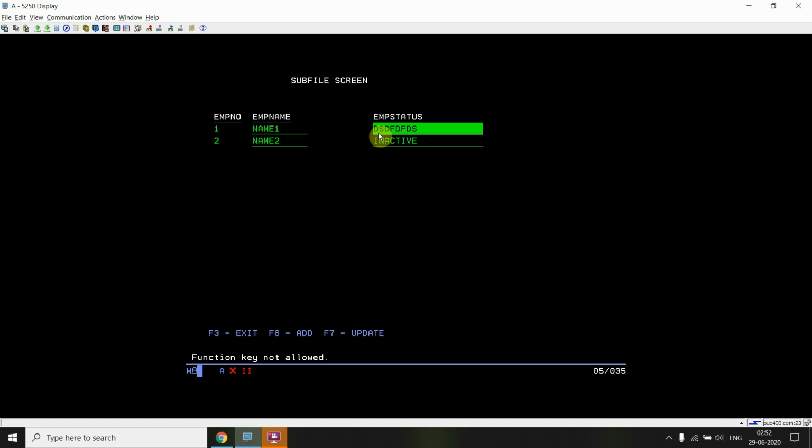Now we have seen the READC demo, SFLINZ demo thing. Now SFLNXTCHG comes into the picture here. So for example, I'm setting active ABCD. Okay, now this value is correct, so I'm updating two records.